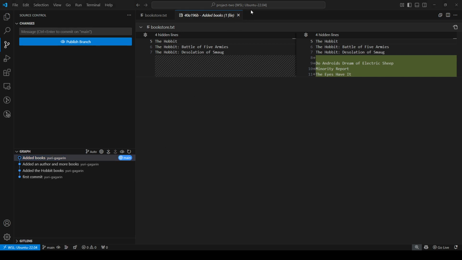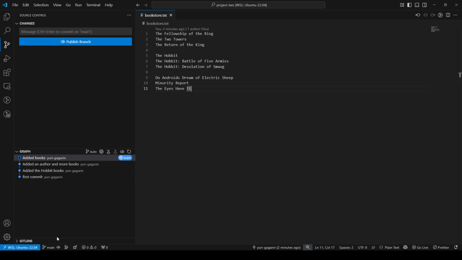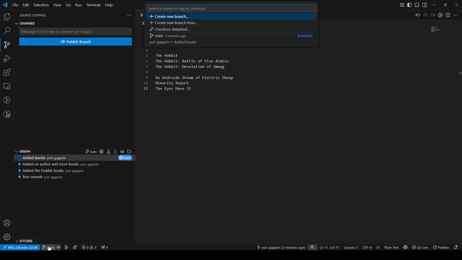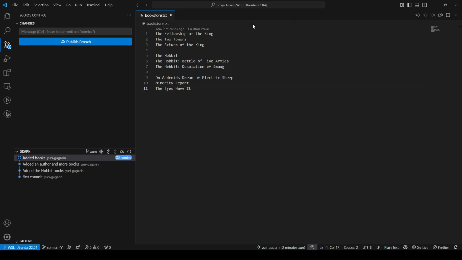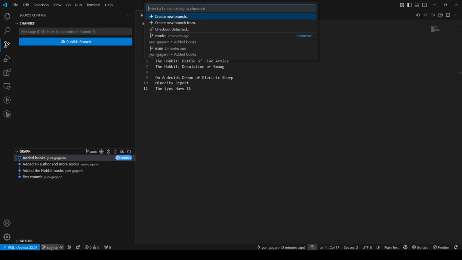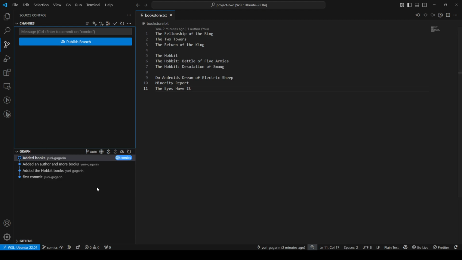And we can do the same thing with branching. What if I want to create another branch? Well, we have a main branch here. I can create a new branch from here. The new branch name is going to be comics. Press enter to confirm, escape to cancel. All right, now I have 2 branches, comics and main. Now in branch comics,